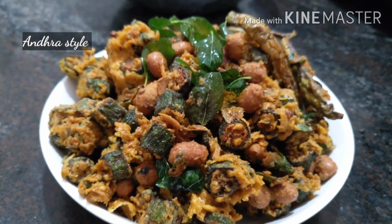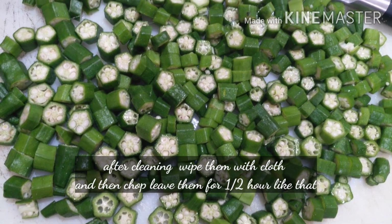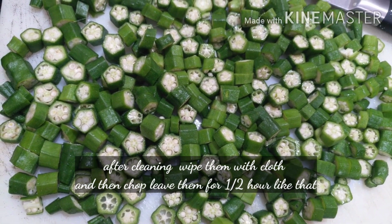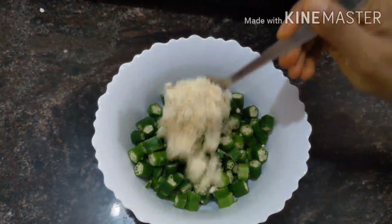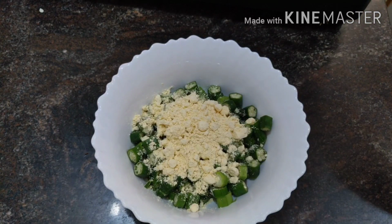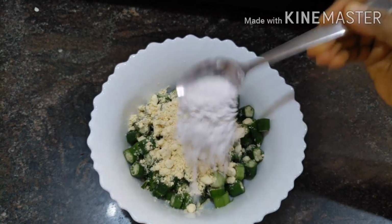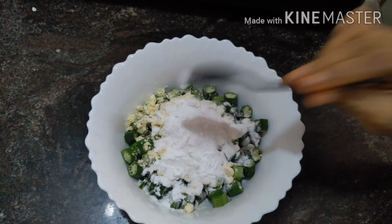Firstly, after cleaning the ladies fingers, we have to wipe them with a cloth and then chop them like this. After that we have to add besan, 2 spoons, and 1 spoon rice flour, 1 spoon corn flour,